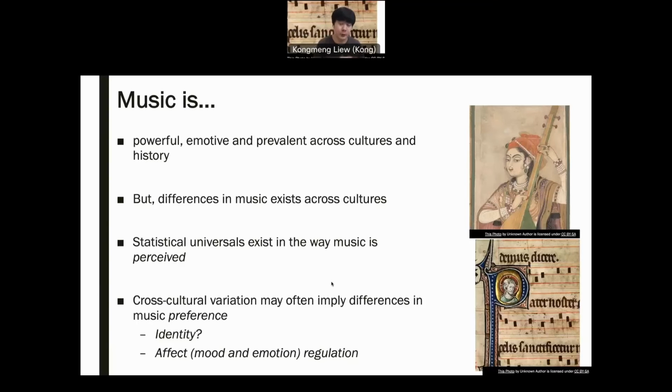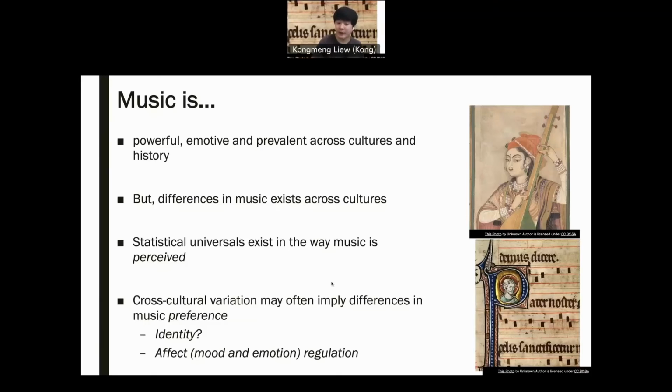There's a bit of a debate here, but generally the way human beings perceive music is quite universal. If we assume it to be universal, we know that a song coming from India would sound very different from a song coming from, say, Western classical music. And so any differences in the music that emerges in a culture often represent differences in music preference. If you draw on the music preference literature, we know why people like listening to different kinds of music. A lot of the time it has to do with identity. It has to do with affect, mood, emotion regulation.